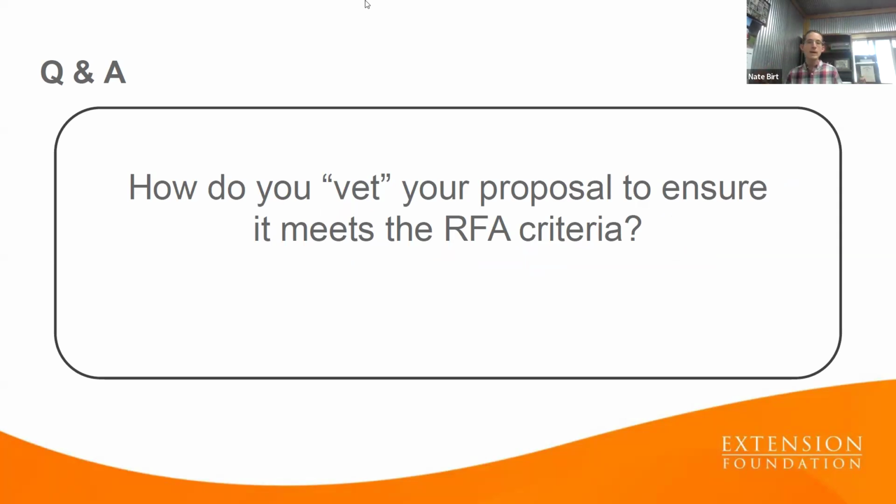I'll share my experience, which is that the more people you can have on it, the better. You need people who are boots on the ground, who are actually going to be executing the work, assuming it gets funded. And you also need people who are financially on the hook, right? Leadership at your institution who would ultimately be guiding the receipt of the funds and those kinds of things. So really making sure that your finance colleagues are looking at it, making sure that the program implementation folks are